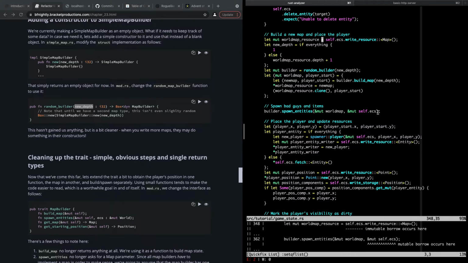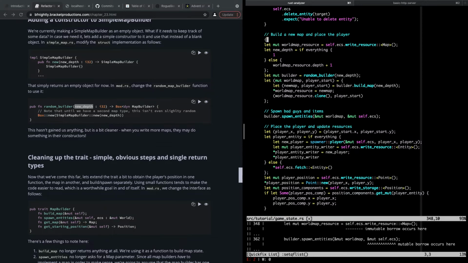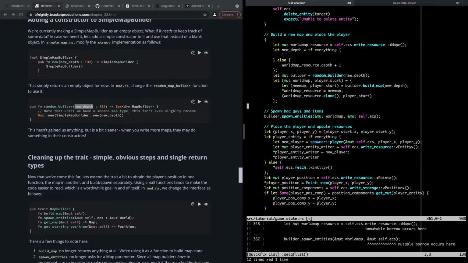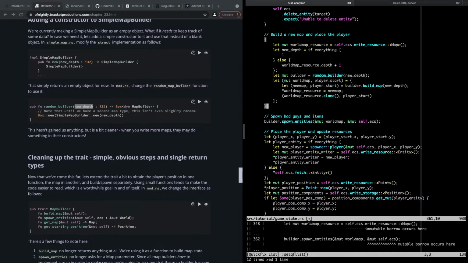That means we have to put this in braces, right? So that Rust understands that we're dropping the world map resource here, but we need to be able to pass back